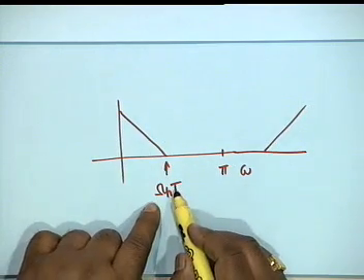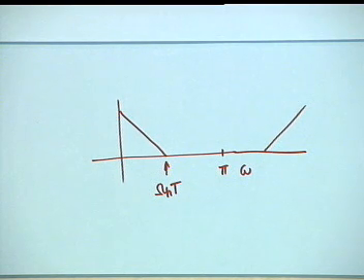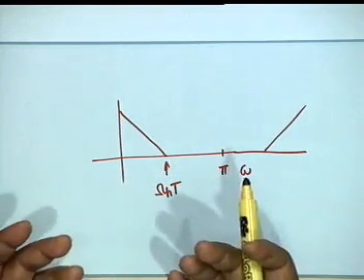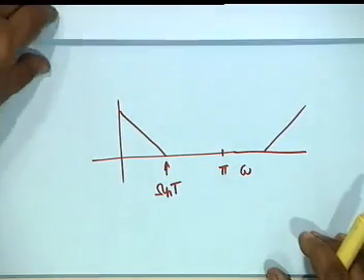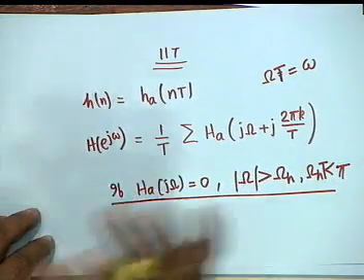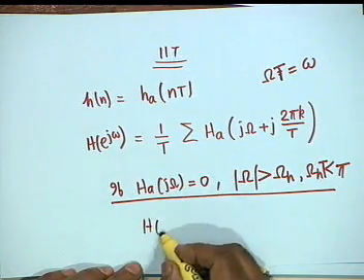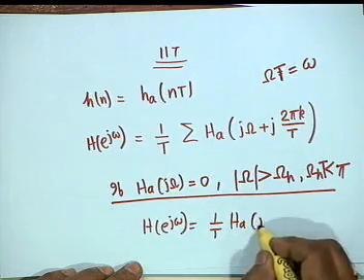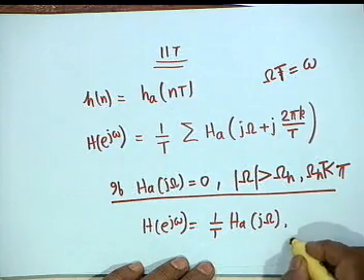Now if omega h t is not less than pi, then obviously we are asking for aliasing, right? So sampling frequency should be so chosen with due respect to the sampling theorem, and omega h t should be less than pi. If this is true, then there is absolutely no problem with impulse invariant transformation. If this is true, then h of e to the j omega shall be equal to 1 by t h a of j omega